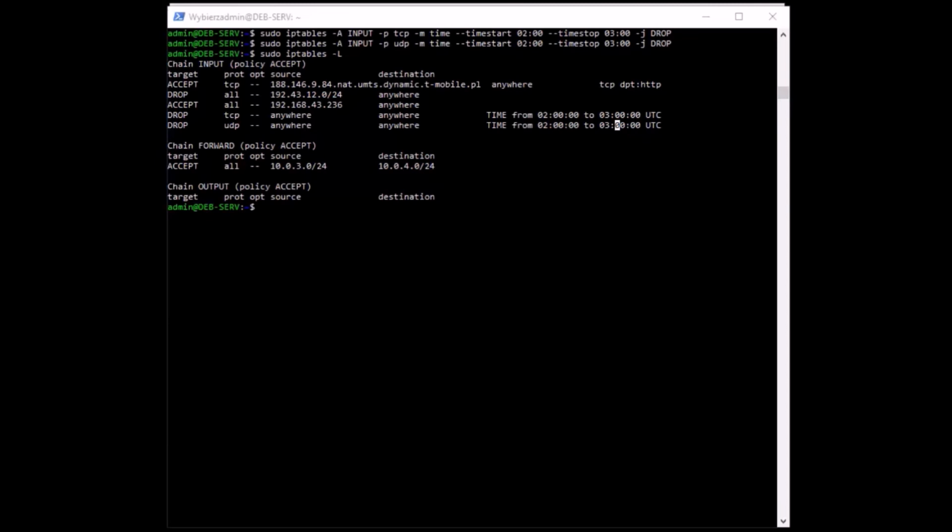So the easiest way is to limit the number of connections for a single IP address to your web server or to your server, right? So let's do it with this command. So we have here sudo iptables, append again to the input chain, -p tcp --syn -m multiport